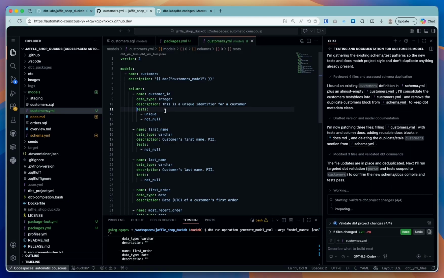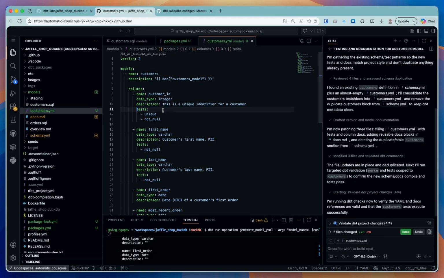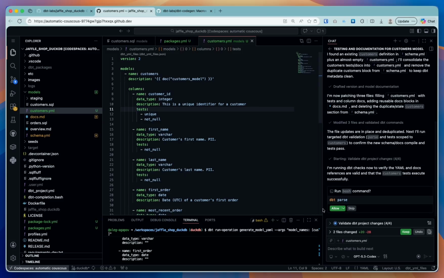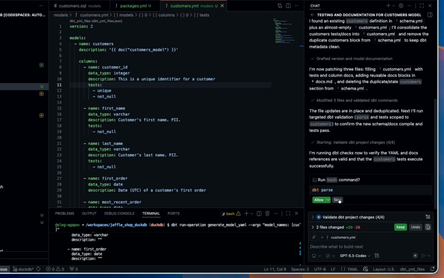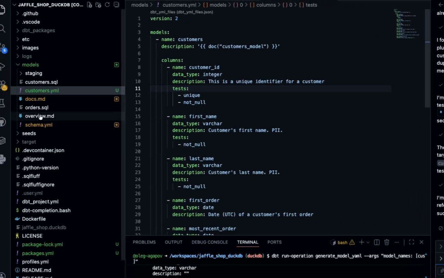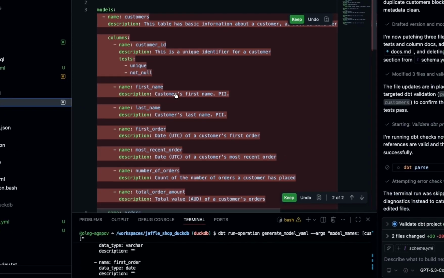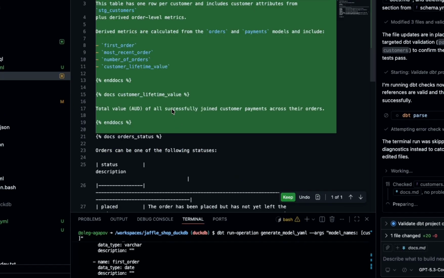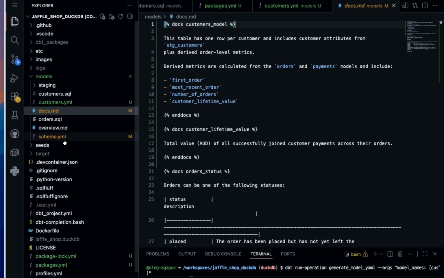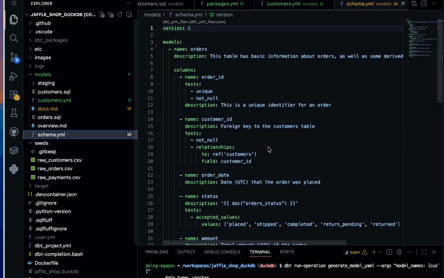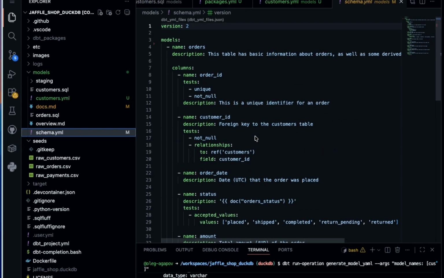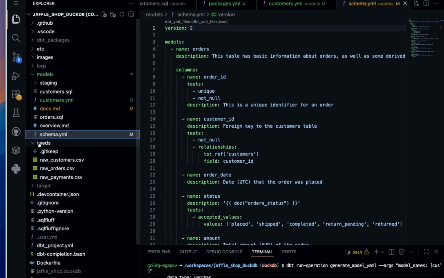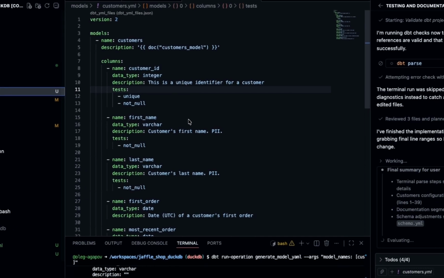Okay, yeah, it figured out probably. Okay, skip. Yeah, so it figured out that there is this additional. I'm gonna keep that. So in schema YAML, there was already YAML for customers, so it removed it. And now we have a separate